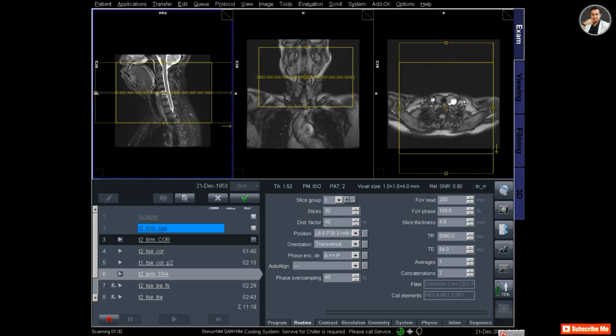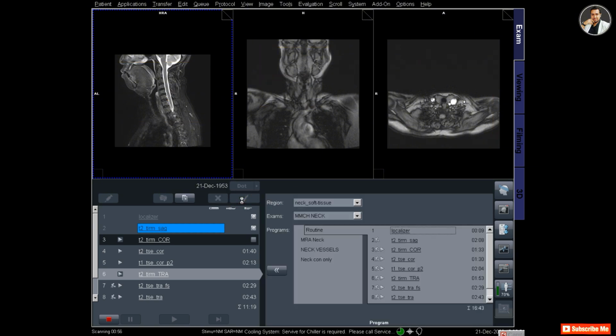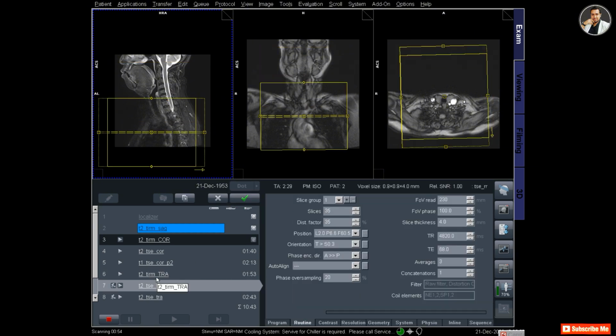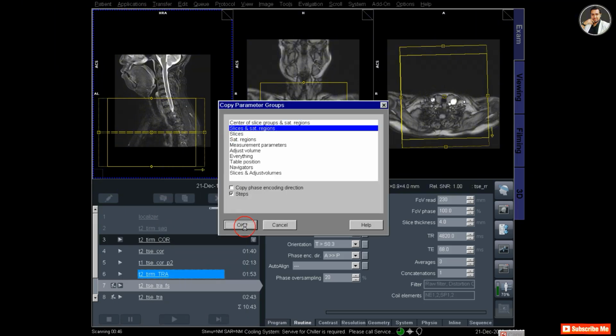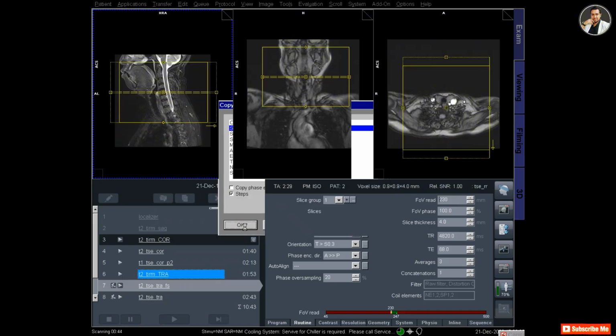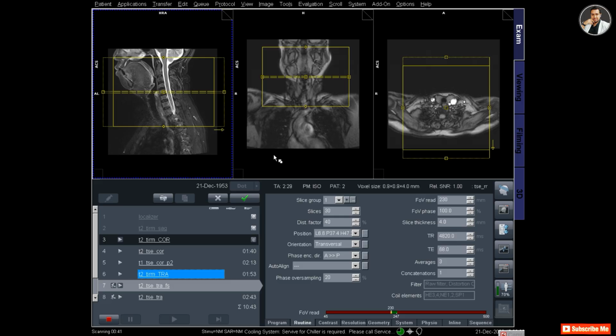I am checking again, and click apply after the planning is complete. And for the other axial protocols, just copy the planning, slice and saturation and click apply.